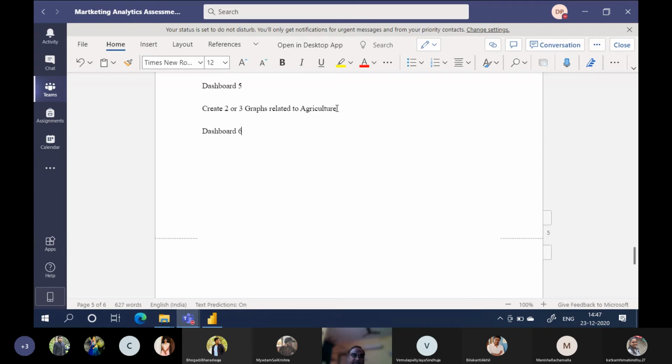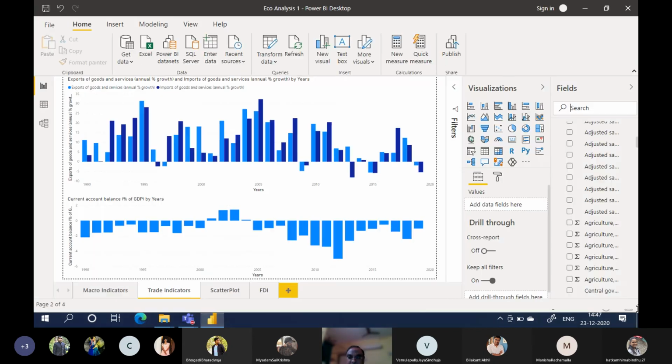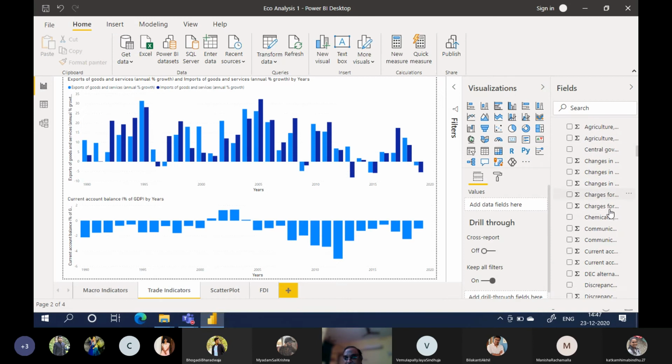On the last dashboard 6. And you write your analysis also in a Word document. Okay. You will also write the analysis in a Word document.